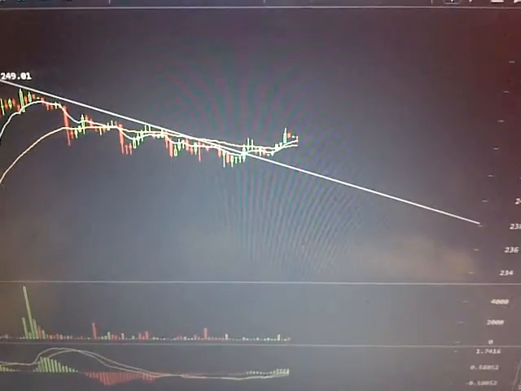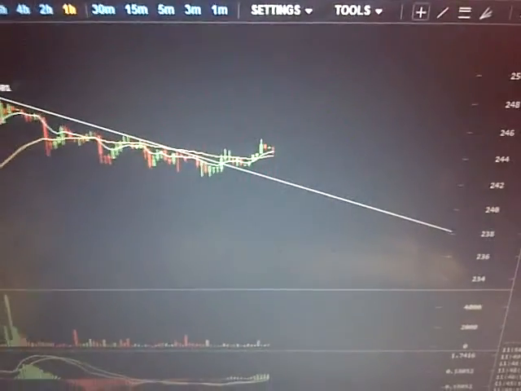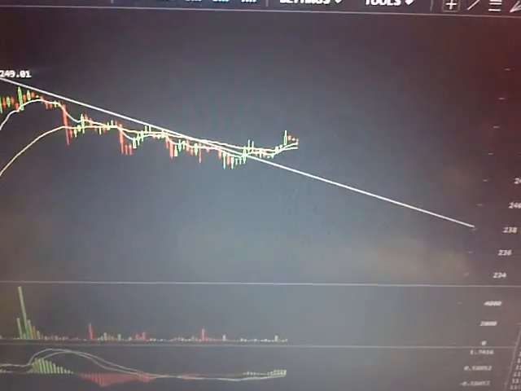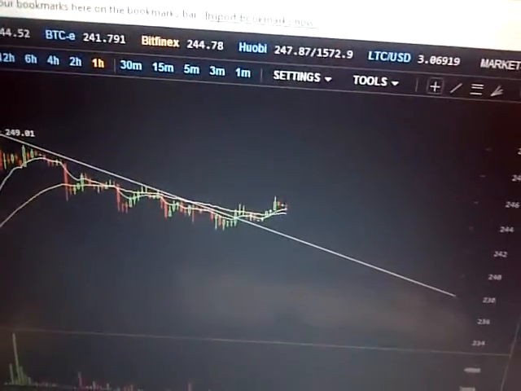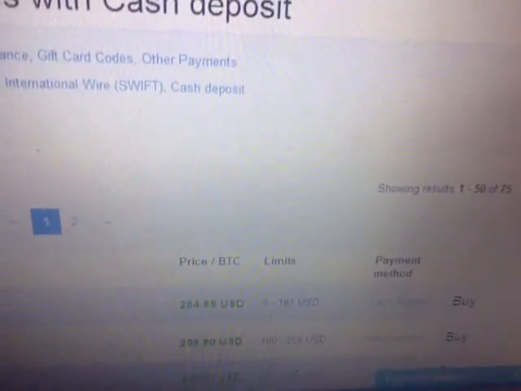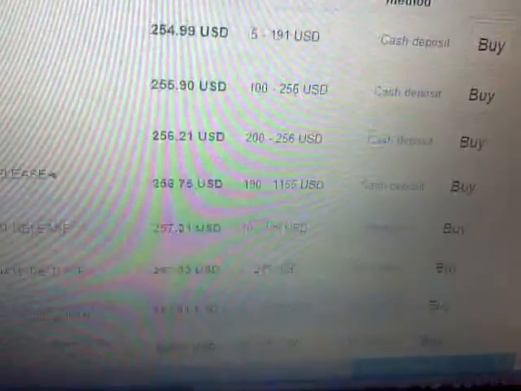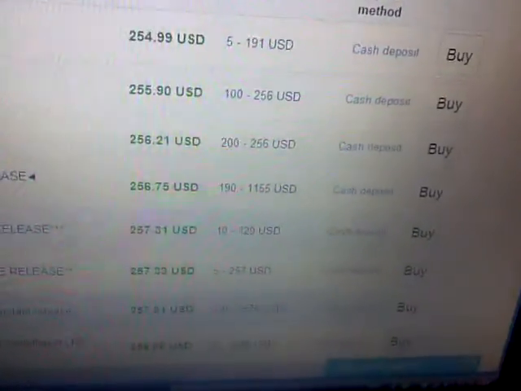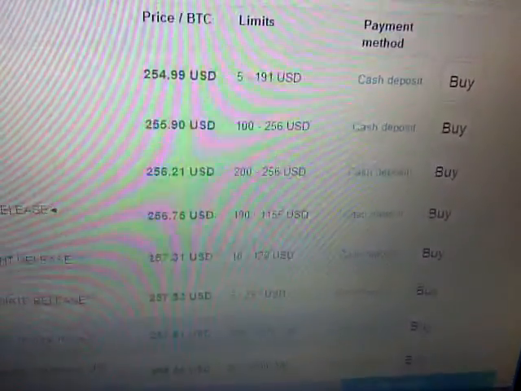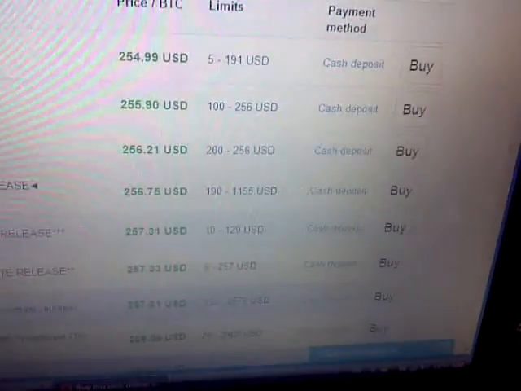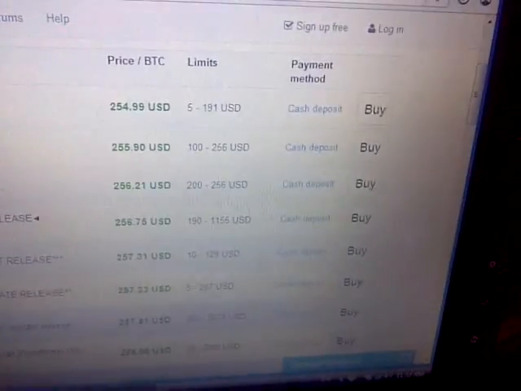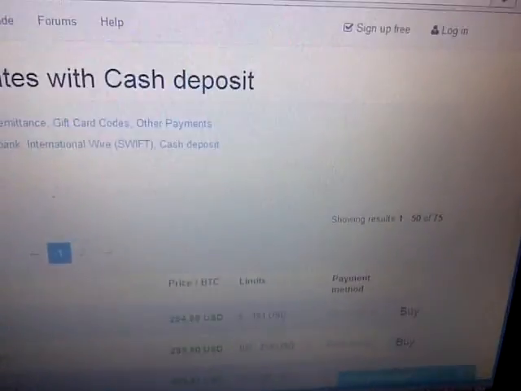What does that mean for you? Well, if you just analyze the charts and compare different charts on top of that, and then look at the peer-to-peer market, and look at who's selling and how much people are selling for, and at what price, you kind of get an idea that there's probably a lot of people desperate to sell. Whether they're just trying to, again, turn a dollar or whatever they're doing. So that kind of did help me because